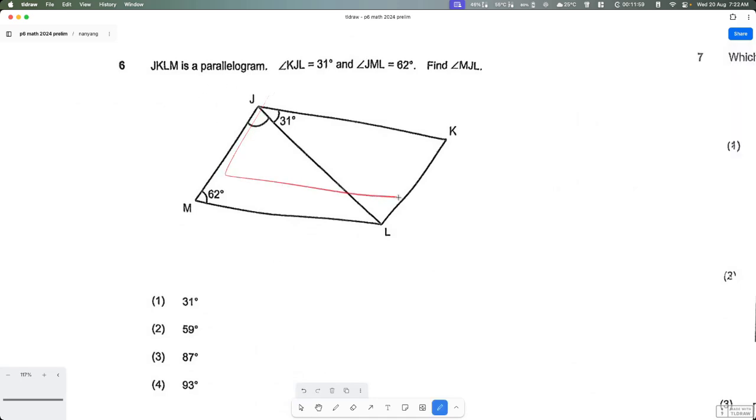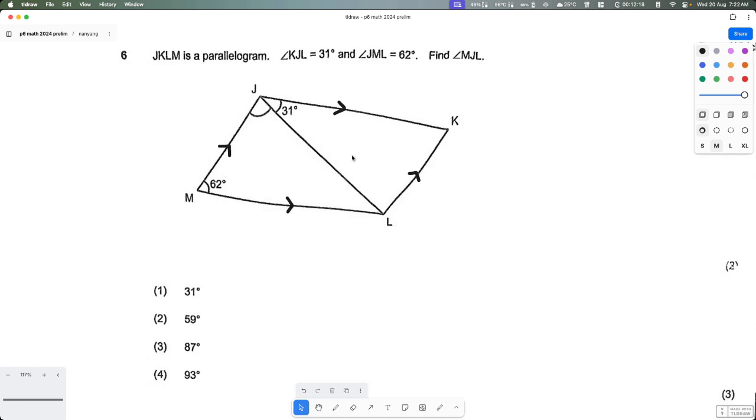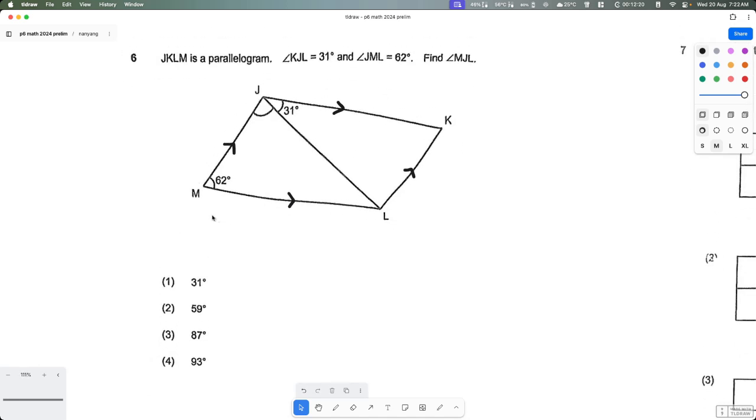JKLM is a parallelogram. Angle JKL is 31 degrees. So for the parallelogram, I'm just going to draw it like this. Angle JKL is 31 degrees, angle JML is 62. Find angle MJL. Right, so angle MJL is equal to 180 minus 62